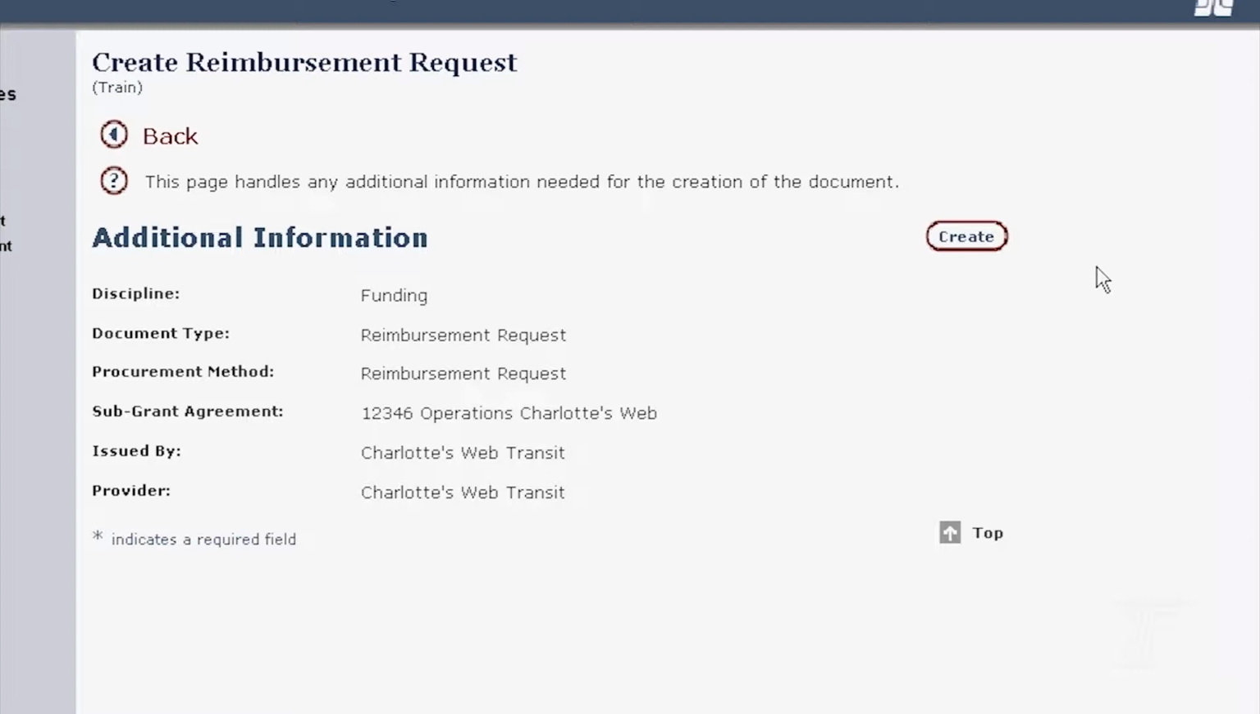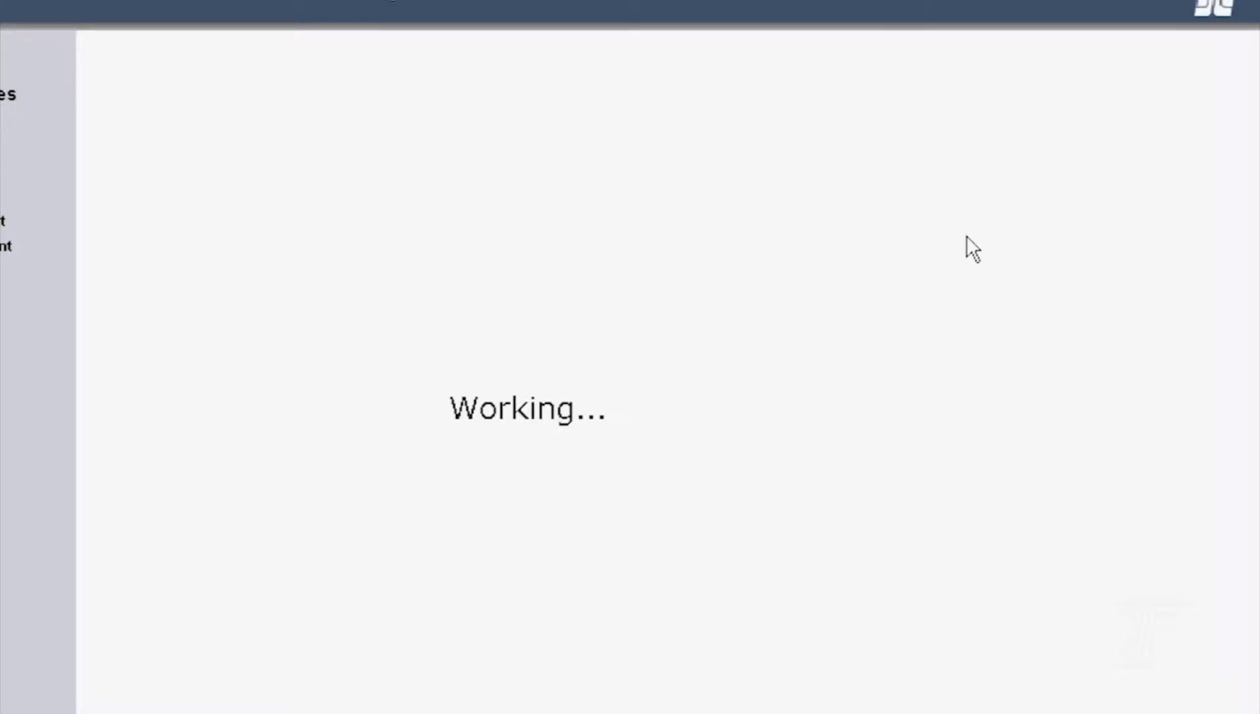And this is just a screen telling you your, I don't know what this discipline is. I think this is a holdover from Orpin and the procurement method. Some things we probably still need to clean up, but it's just telling you what the sub-grant agreement is and that it's for Charlotte's Web Transit. So you click create,